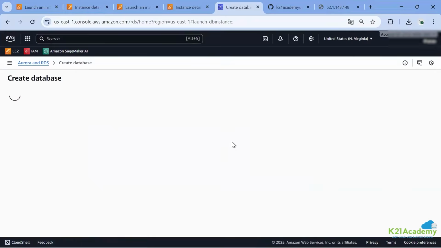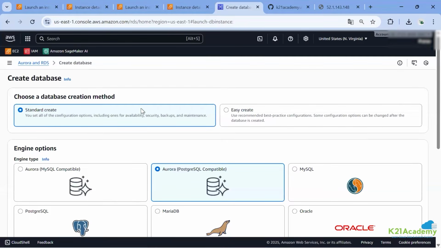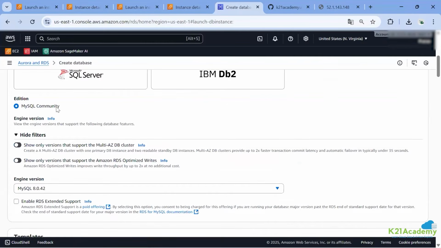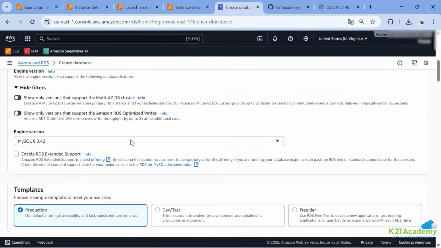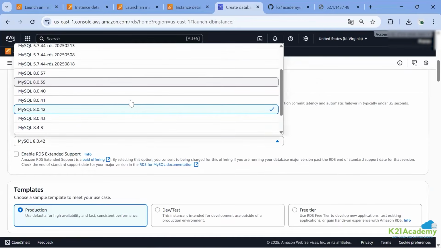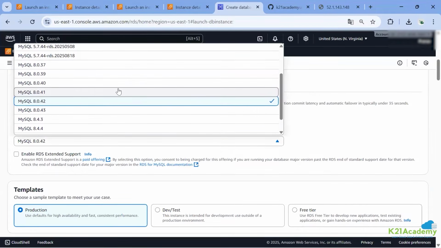I'm going to say create a database, and let's say standard create, and the engine type is going to be MySQL. Okay, edition MySQL Community is fine. And the version, you can select any version. Latest version is generally preferred. For this demo, we will go with